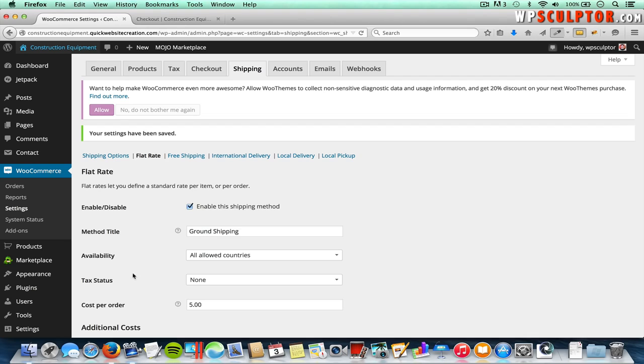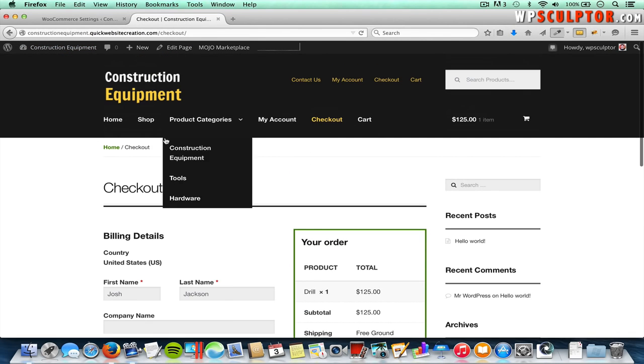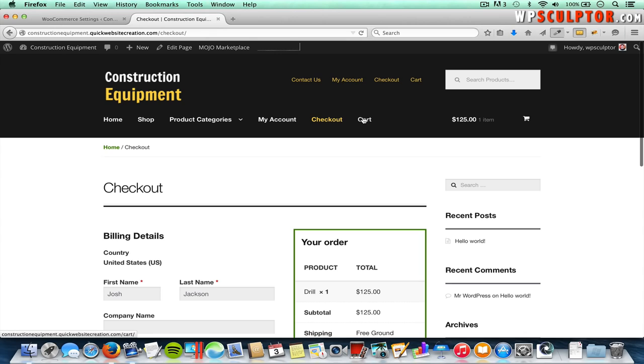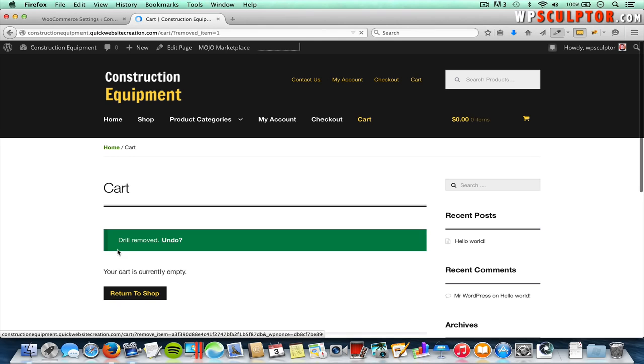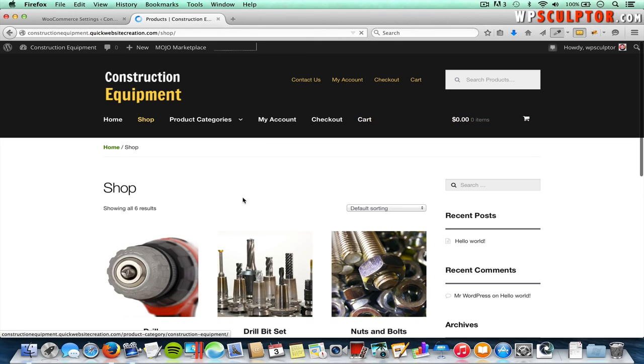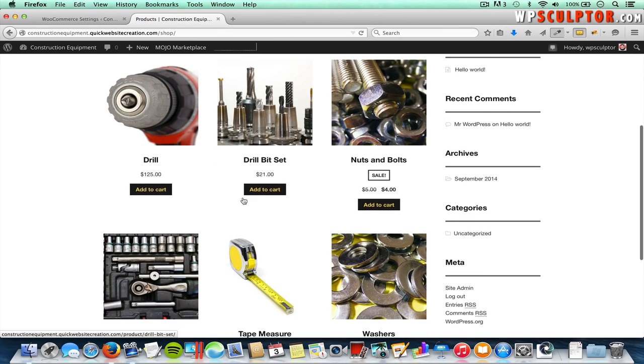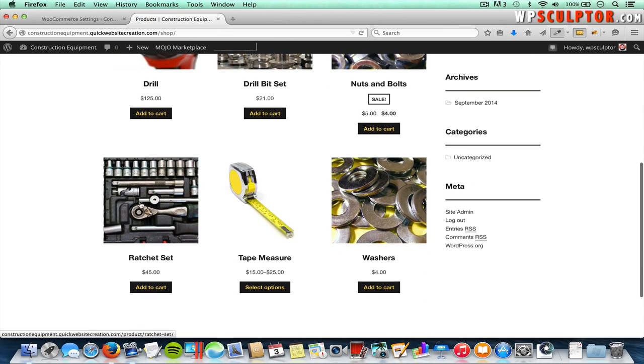Alright, now let's go to the front end and go through several different checkout procedures to see the different shipping options that we just set up. So I'll click on my tab here, then I'm going to scroll up and go back and click on my cart page, and I'll just remove the drill product that we added earlier by clicking the X there. And then I'm going to click on the shop tab, and I'll scroll down and click on the ratchet set,